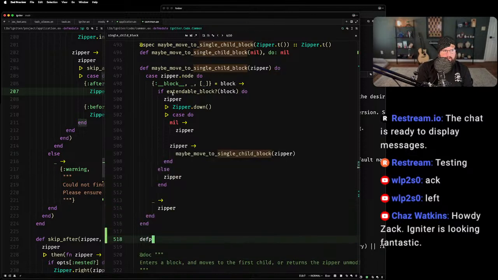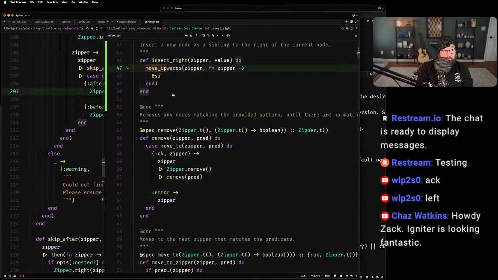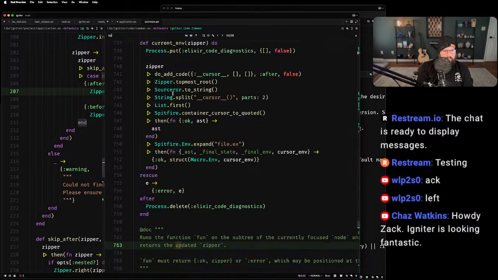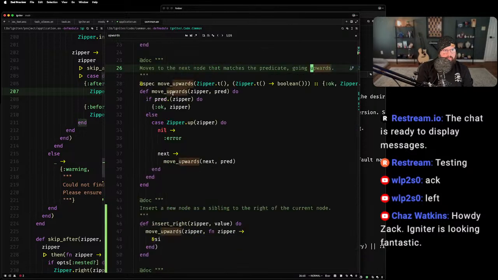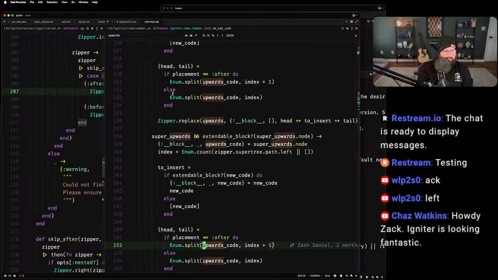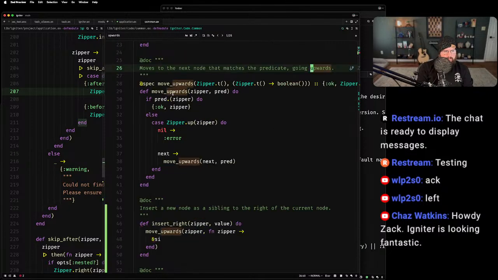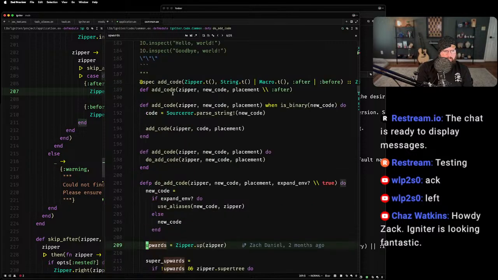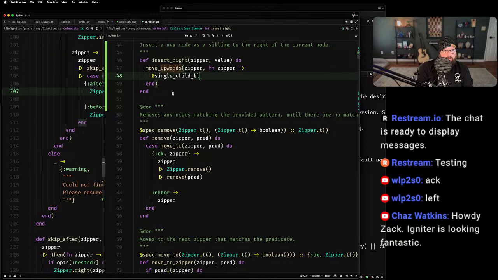So I would say something like this. Actually, I remember there was a helper that we had that I think could go up until it gets to, what was it called? I don't know. All right, we're just gonna have to do this. So we'll say single child block. Say not single child block. I can just do it like this. No, I can't. That's why I did this. Yeah, I can.